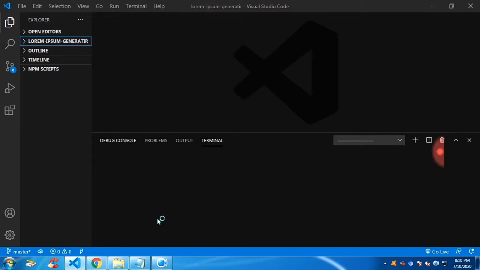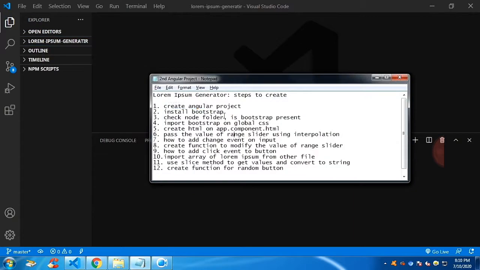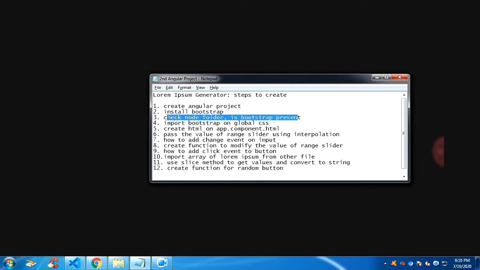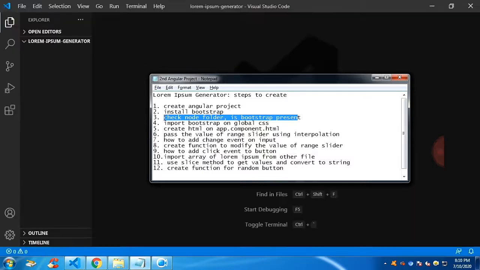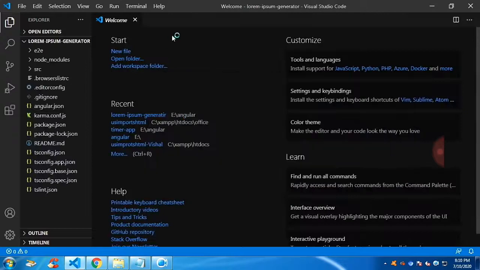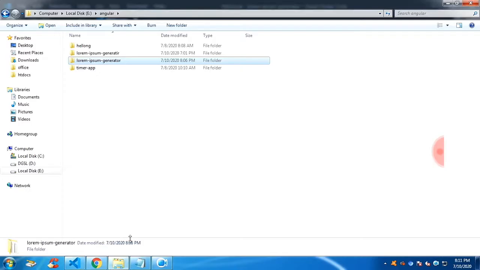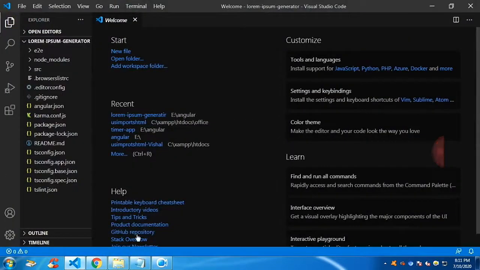It is getting opened. The next thing, we are going to install Bootstrap. Again, I have already installed Bootstrap. You just have to type npm install bootstrap and it will automatically install Bootstrap for you. To check whether Bootstrap is there in the folder or not, you have to get into the node_modules. Fine, this is the project. Fine, now